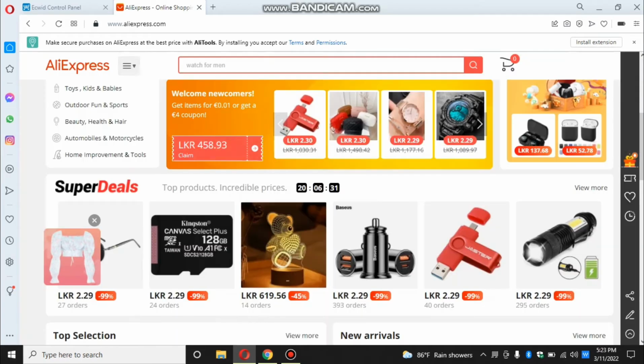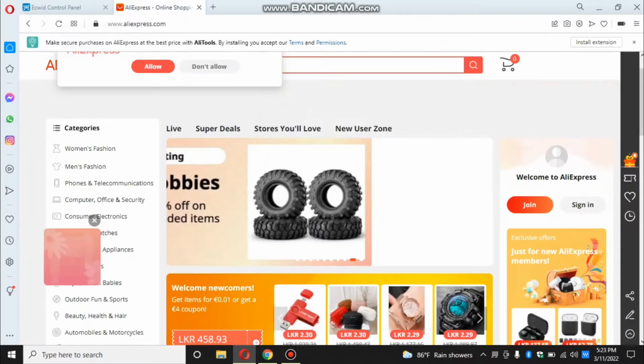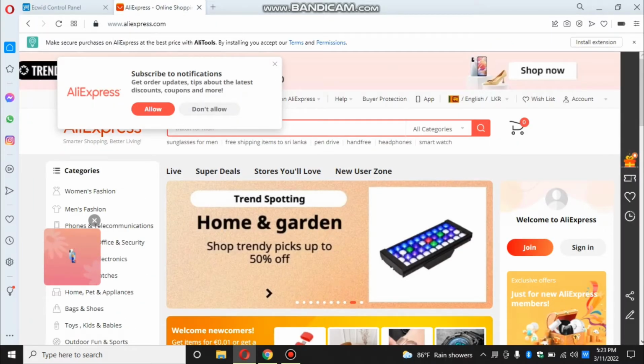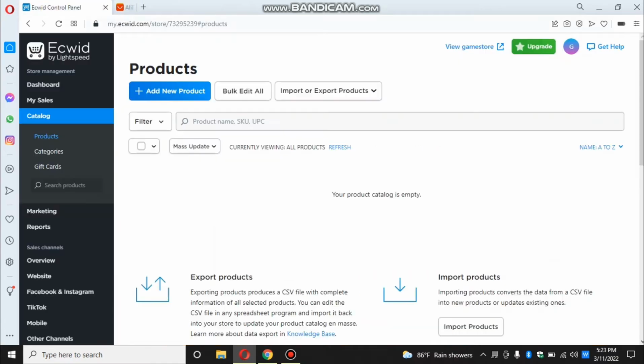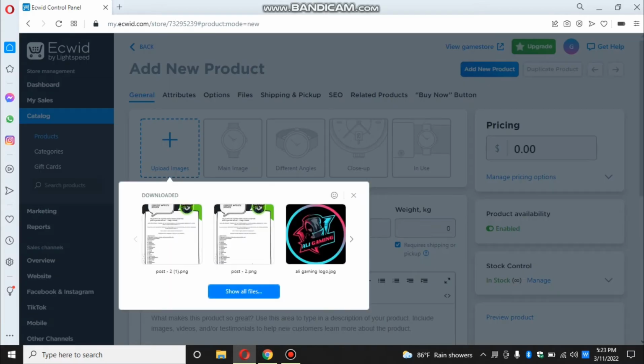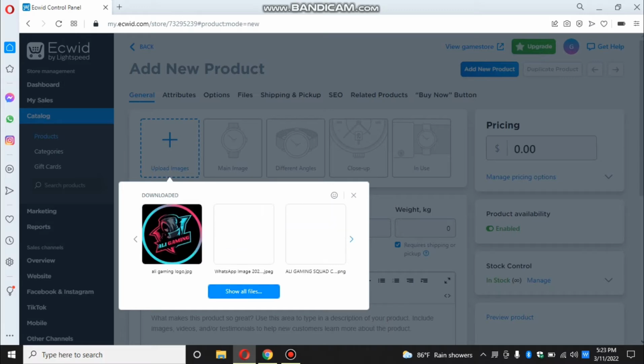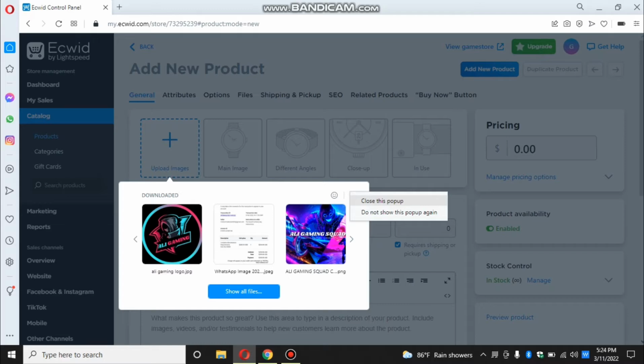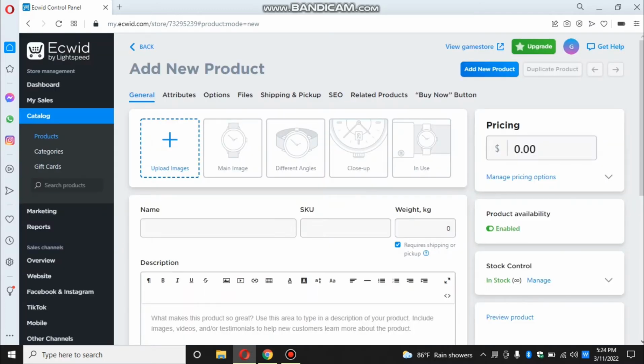It's getting stuck, guys, please wait. Okay, so click add new product. If you click this button, you can see it's loading. Now click upload images. You can simply click on this,